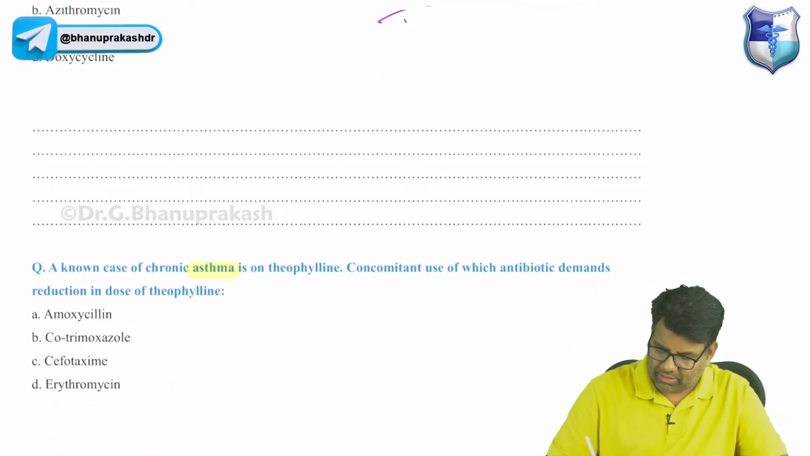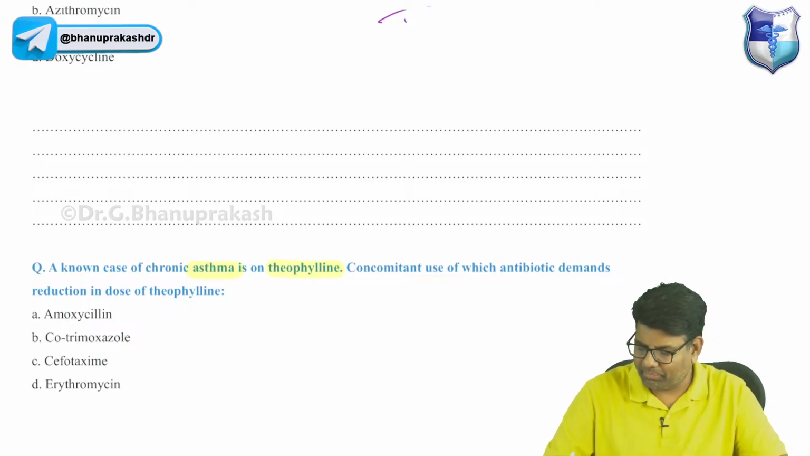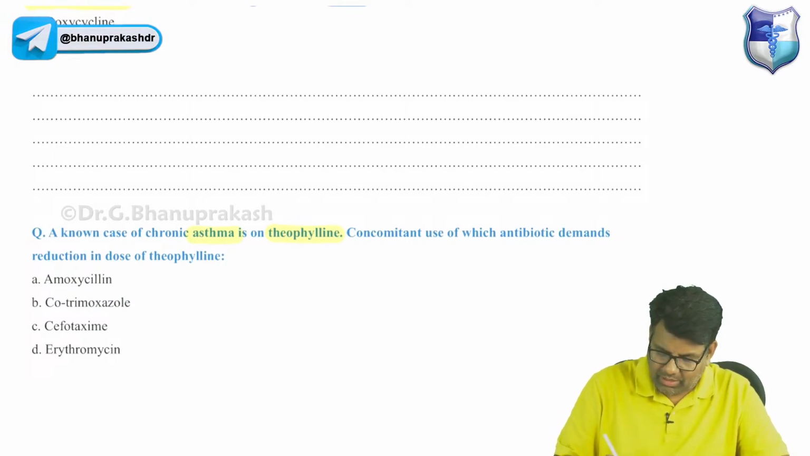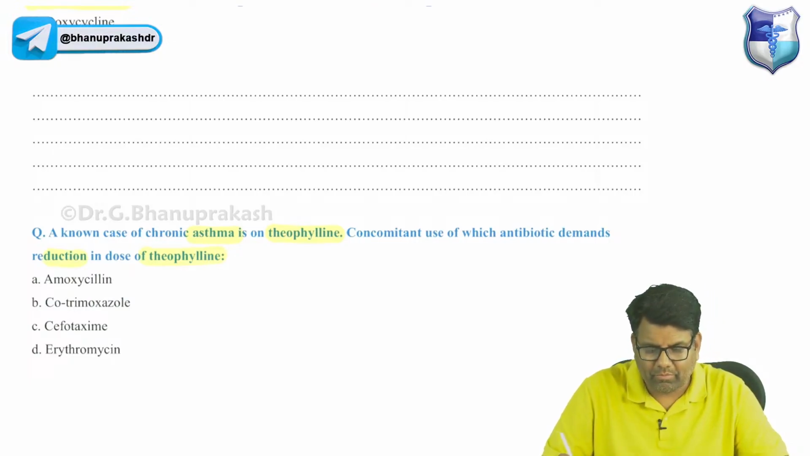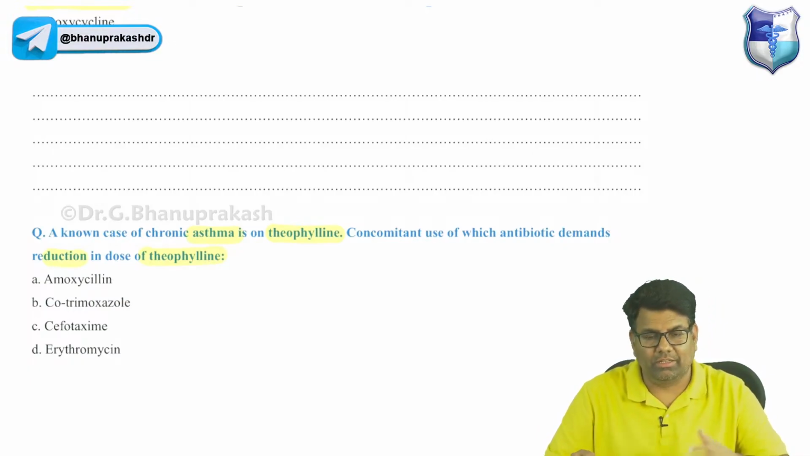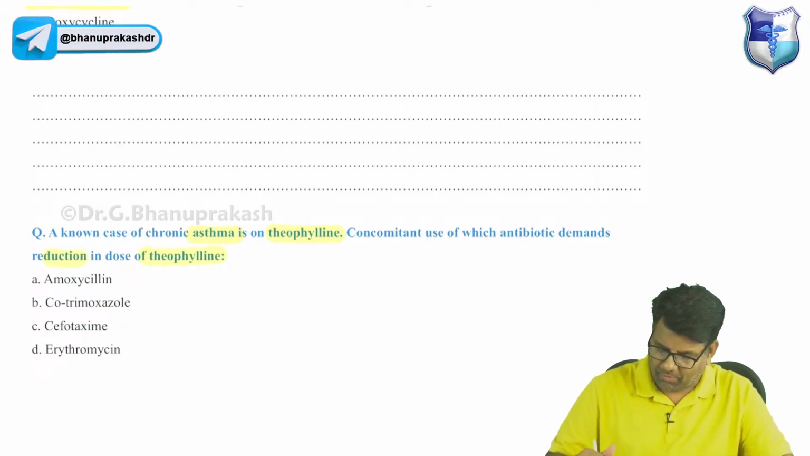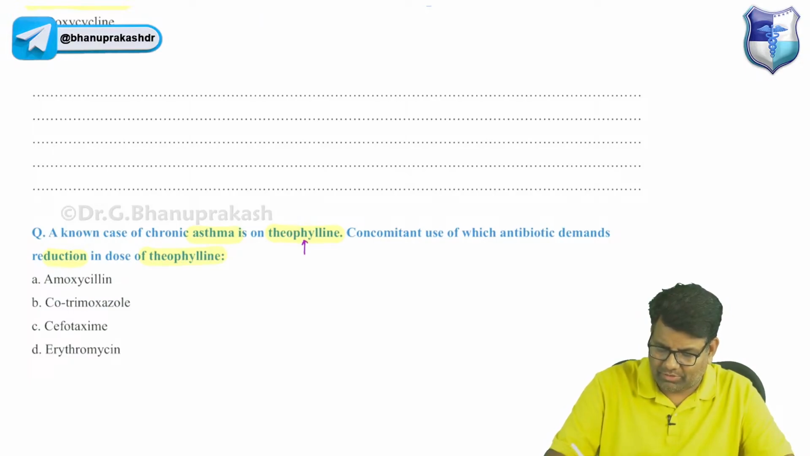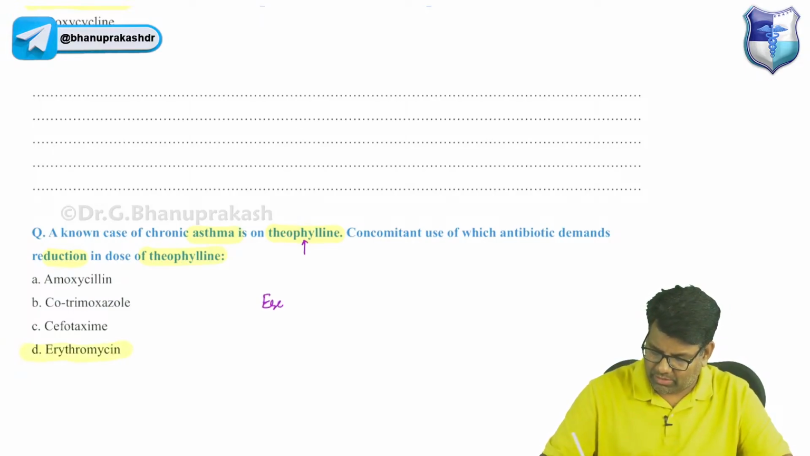A known case of chronic asthma is on theophylline, and concomitant use of which antibiotic will demand reduction in the dose of theophylline? Yes, the pH is much more than 5 because there is a decrease in the number of lactobacillus. Now, if a person is on theophylline, which of the following antibiotics? Perfect, everyone is right. This is erythromycin, because erythromycin